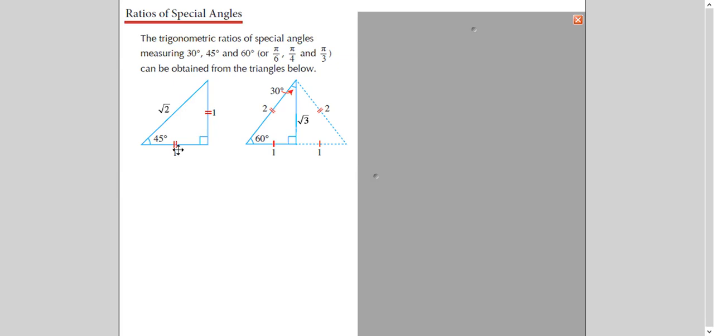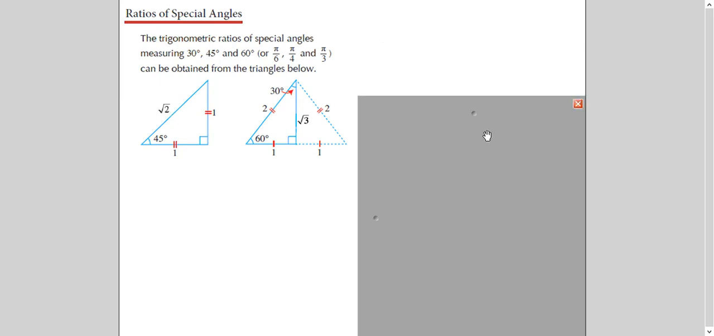So anyway, for 45 degrees, the technique is, if one angle is 45, the other is 45, because the sum of the 3 angles in a triangle is 180 degrees. And we are talking about a right angle, so this is 90. Now, if 2 angles are 45, it means it is an isosceles triangle. So we can write 1, 1, and by Pythagoras theorem, the hypotenuse is root 2. So we know from here that,